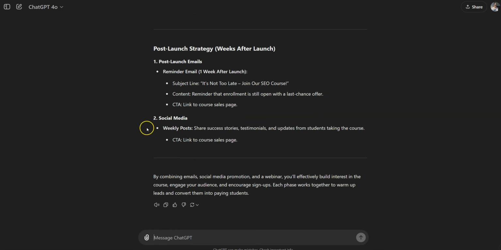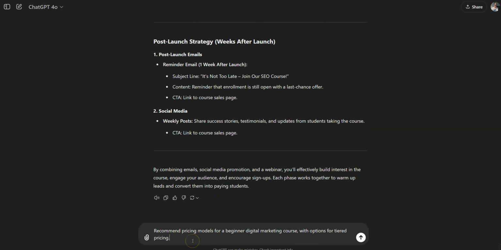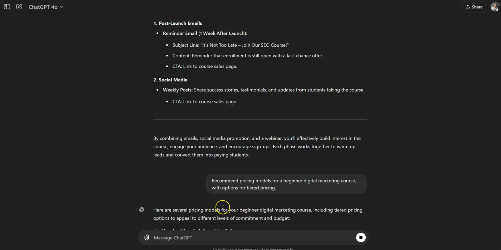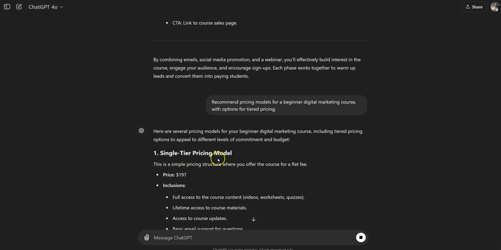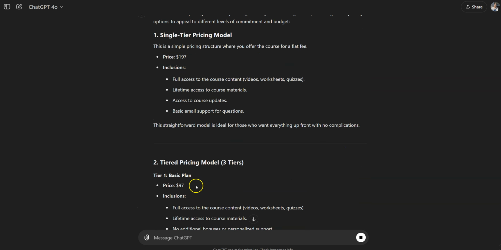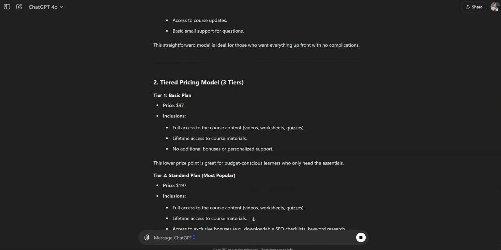So now you've pretty much got everything outlined from the very first idea all the way through to launching. So now what we need is to recommend pricing models for a beginner digital marketing course with options for tiered pricing. Now ChatGPT should have a pretty good idea on this, but we are in 4.0. Let's just see if we can